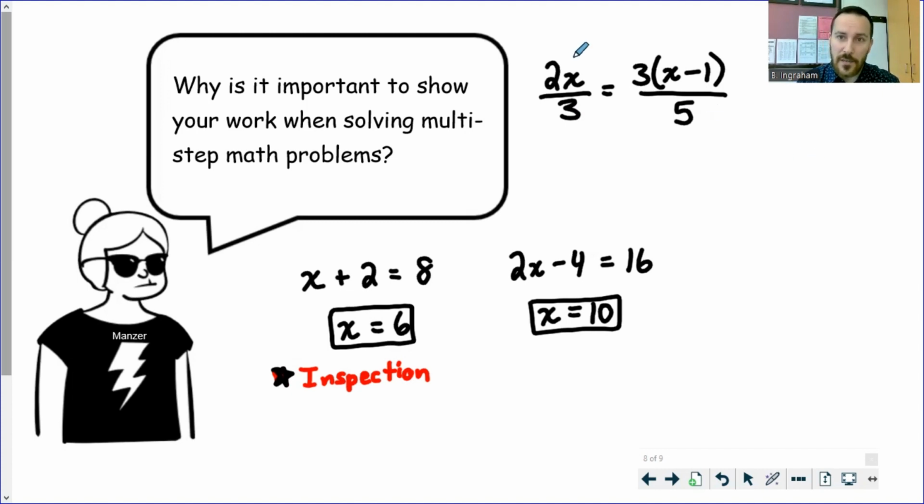There are 2 X's. There's one over here, one over here. At some point, we're going to need to take those X's and bring them together. It's too complicated if, in these questions, you have not practiced the skill, like for X plus 2 equals 8,